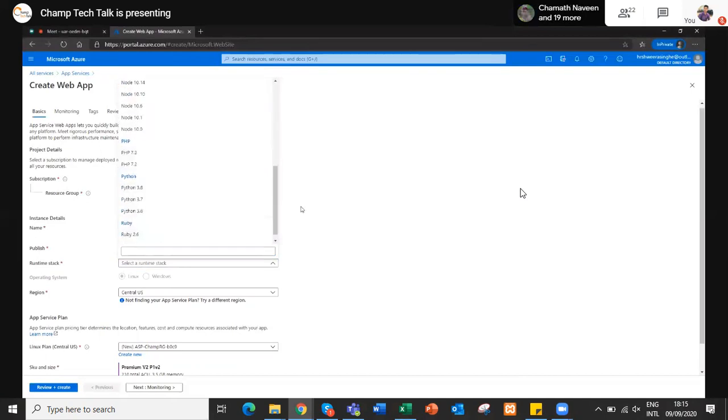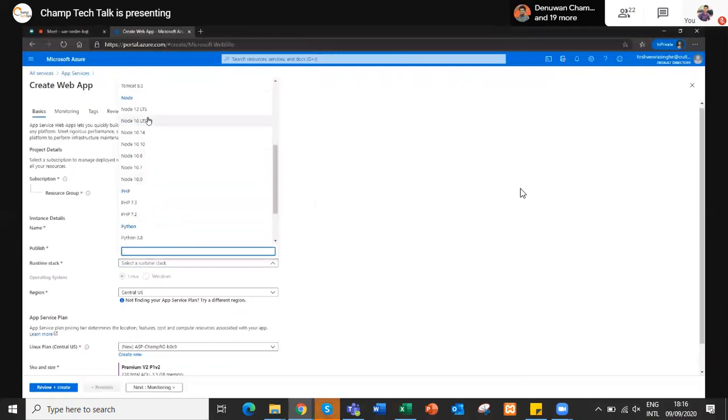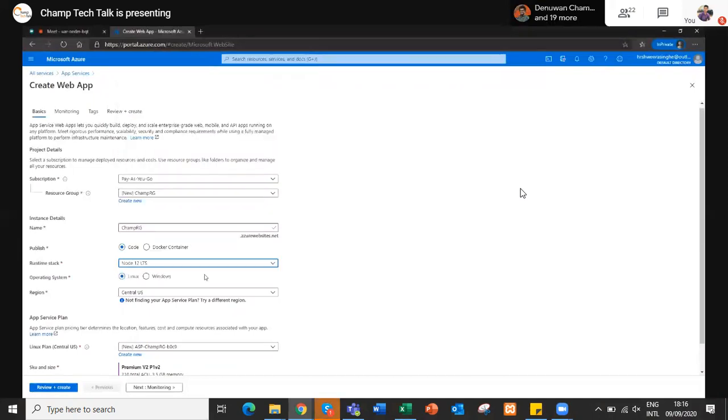So say the application is developed on Node.js, I'm going to select this particular runtime, Node.js. So I'm going for the latest version. And it's asking for the operating system, Linux or Windows. Even though you select these things, no need to install, and you don't have a place to select which Windows version. As we saw in platform as a service, everything is going to be managed by Microsoft.